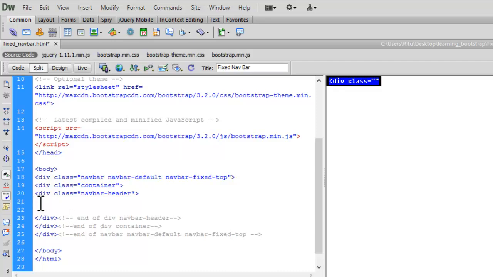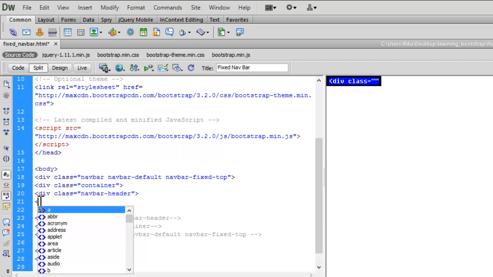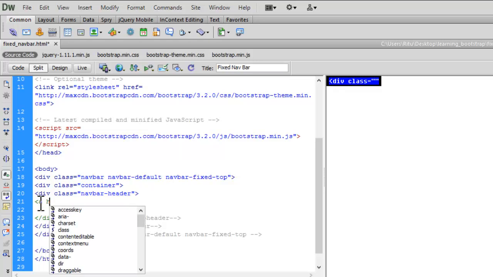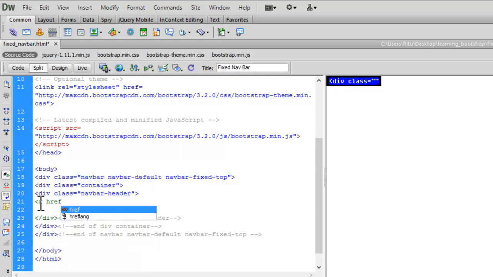Inside this navbar-header, let's have an anchor tag. Inside this anchor tag, we are going to have the title which will be linked up with your website. So, href equal to, right now for the link I am giving hash. You can give your link,